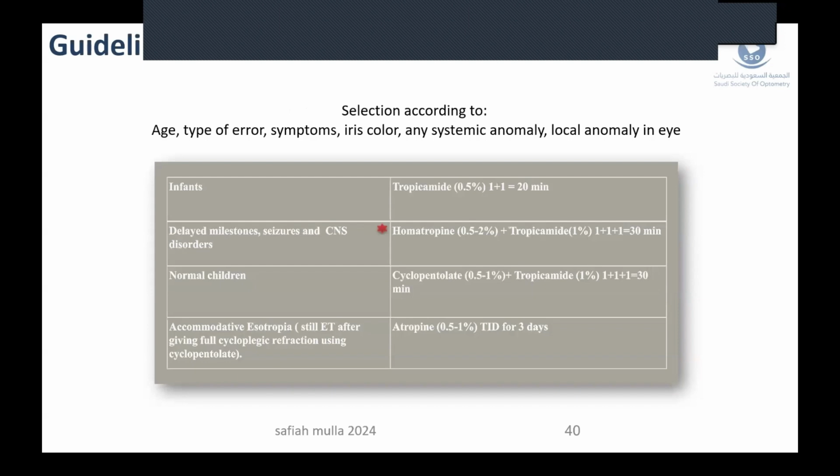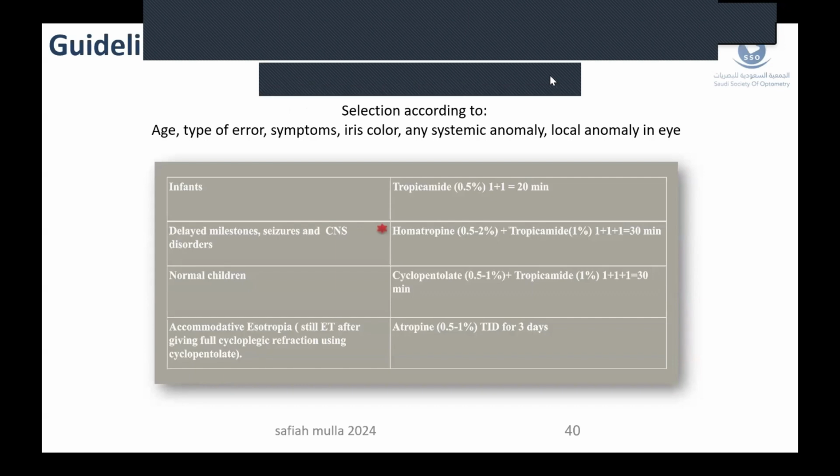Again, as we said, the selection of the cycloplegic should be according to the age, the type of the child, the symptoms, and the iris color, because dark color needs a stronger dilating medicine. And if there is a central nervous system disorder, you cannot give them cyclopentolate. You should give them